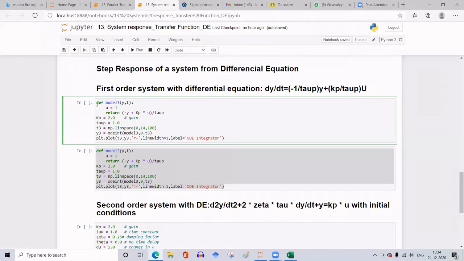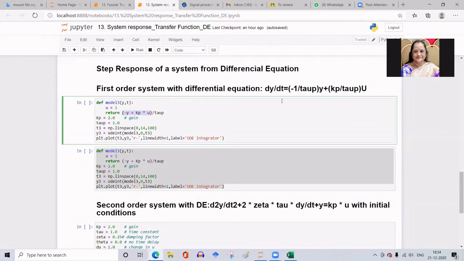Here again I define this model as model 3, which is a function with arguments y and t, the dependent variable and the independent variable. And here I am giving the input as u is equal to 1, which represents a step input. This returns the solution of the first order differential equation, which, if I take 1 by tau p common, will be minus y plus Kp into u, divided by tau p.